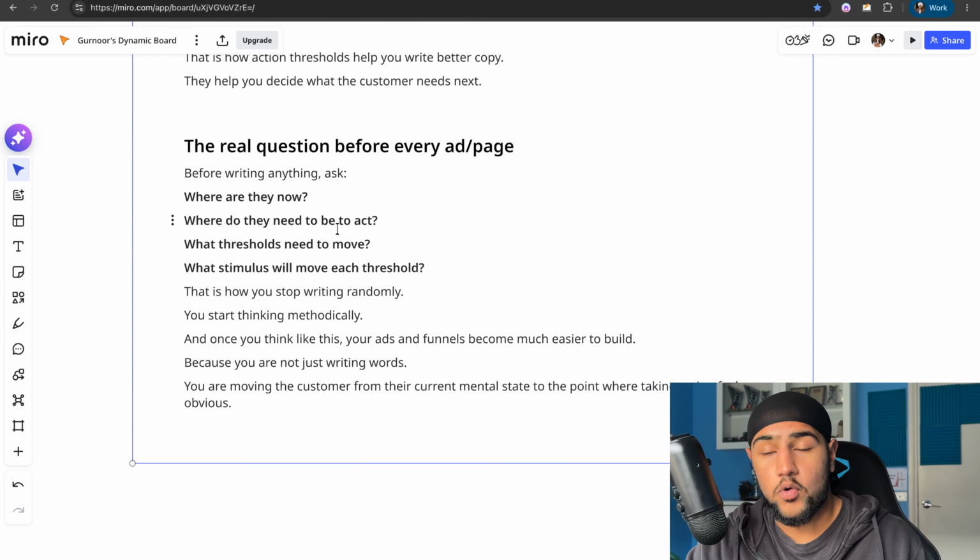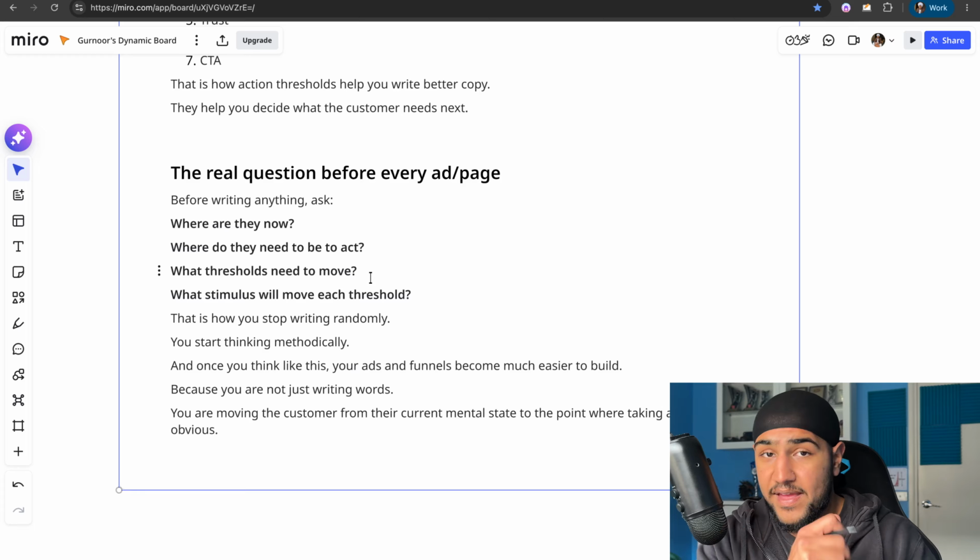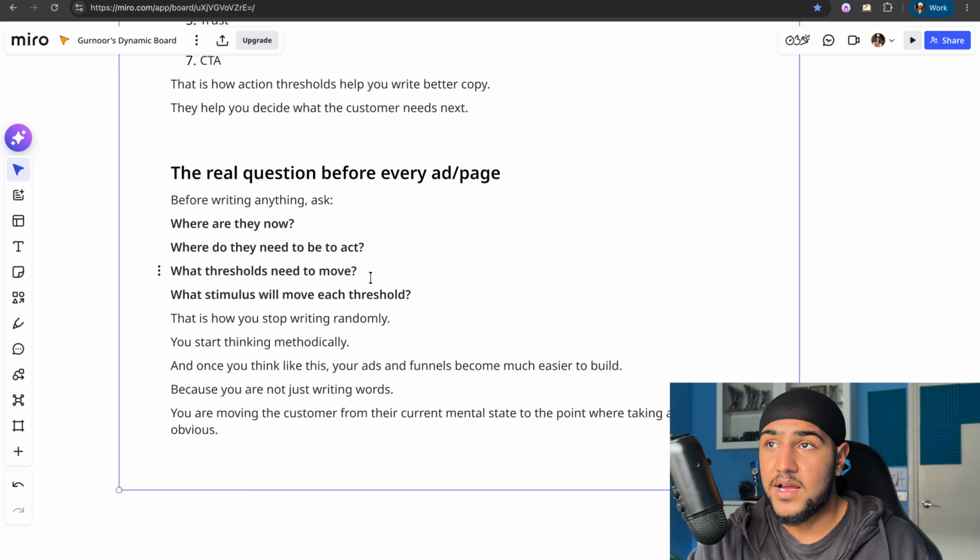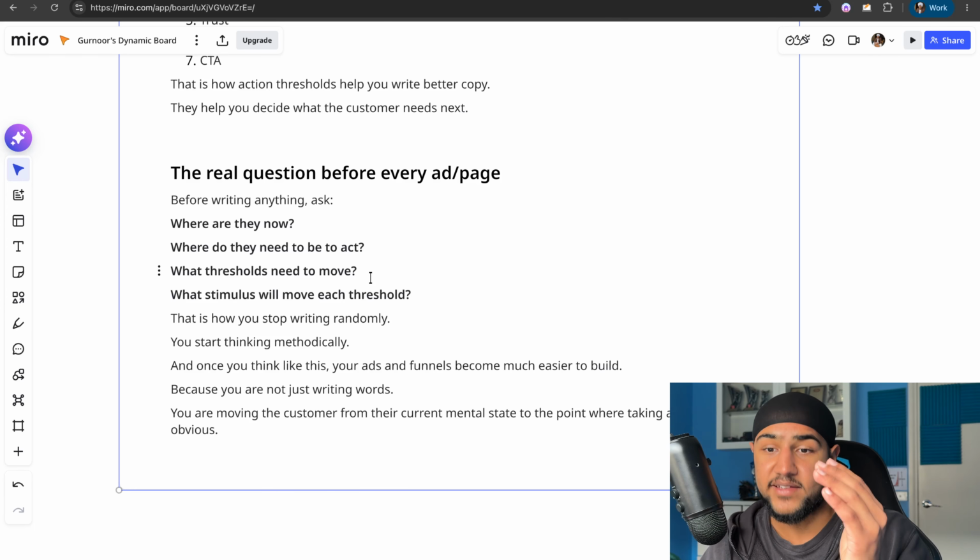The real question before writing every ad or landing page is essentially, where are they right now, and where do they need to be to take the action that I want them to take? Sometimes if you're writing an ad, all you need them to do is literally just click. So get them to click. But mapping out all this stuff before is really helpful because then you can start creating 2 to 3 minute long ads that essentially sell everyone and they click straight to PDP and they buy. That is sometimes the most simple way to do it, like ad to product page. That is why some brands scale with it. That's why some brands don't scale with it, because they don't understand this level of thinking.